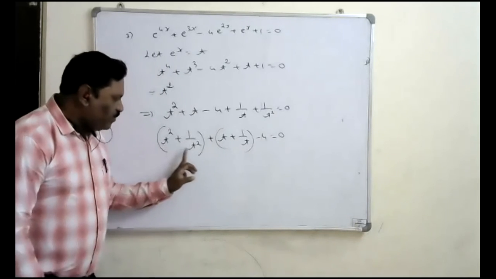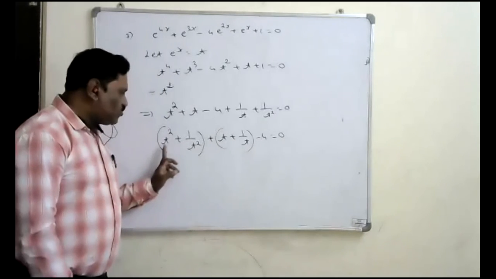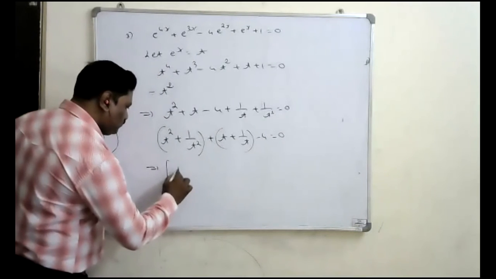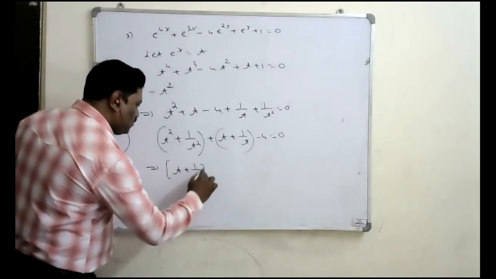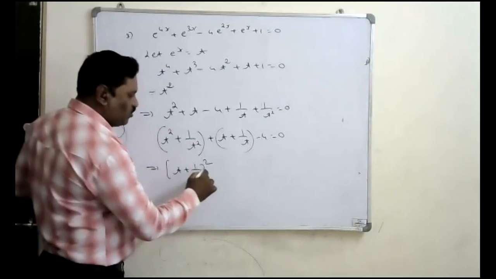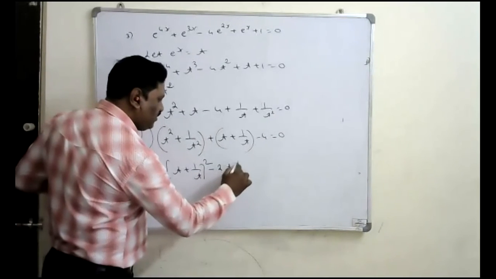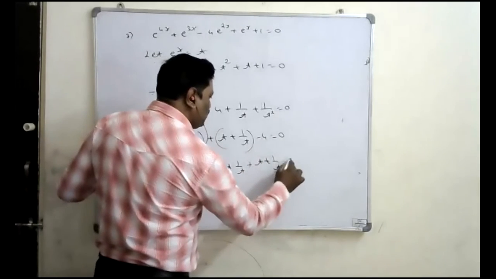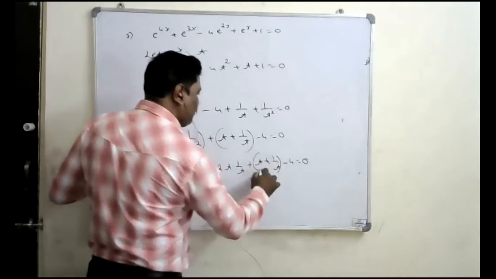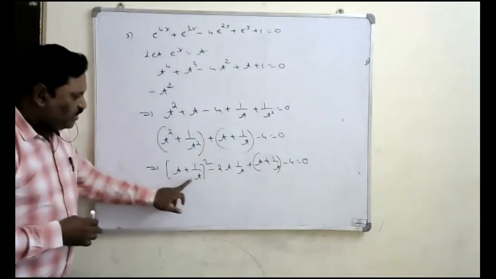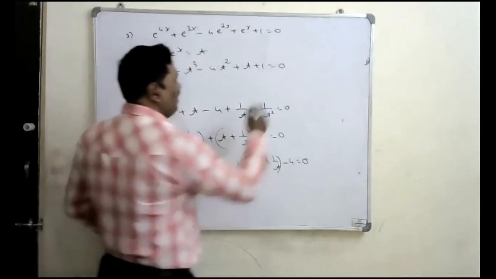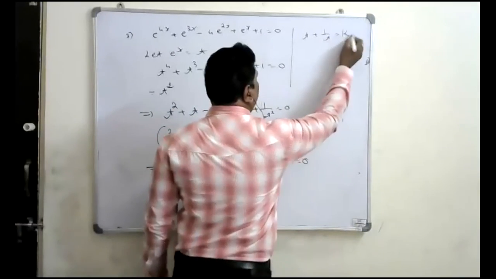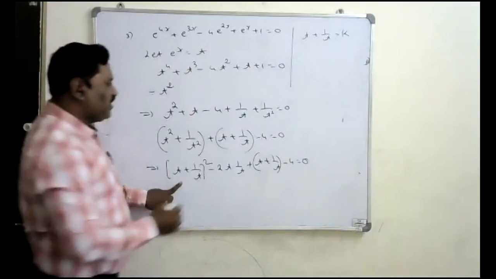Now it is in the form of a square plus b square. How do you write a square plus b square in terms of a plus b? It is (a plus b) whole square minus 2ab. Good. So a plus b whole square, that is (t plus 1 by t) whole square minus 2ab, where ab is t into 1 by t, plus t plus 1 by t minus 4 is equal to 0. Okay, like that you can express it. Now take t plus 1 by t as another variable, say k. Let t plus 1 by t be k. Then this equation becomes k square